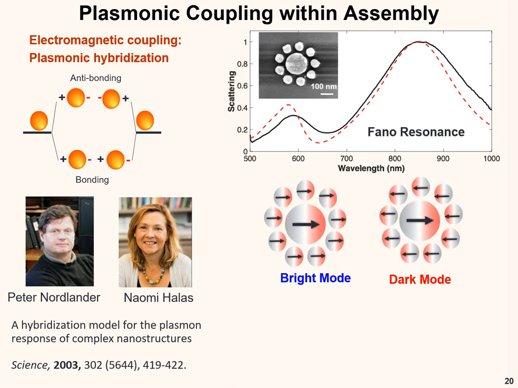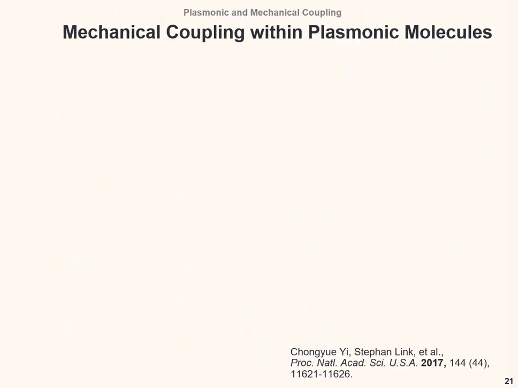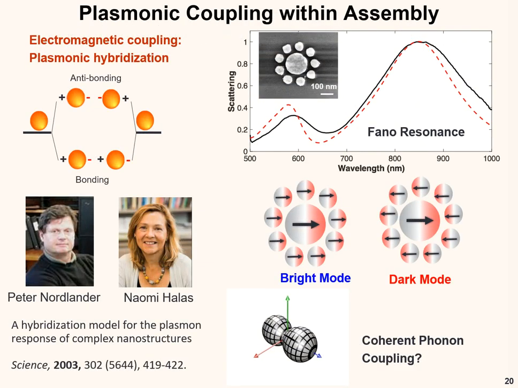When the structure becomes more and more complicated, for example, when you have outer rings and a central disk, they generate this final resonance optical response. This can all be described by the hybridization model, but my next question is, when the particles are sitting with each other, is it possible that they start to vibrate and change the acoustic vibration, which means they have coupling between each other?